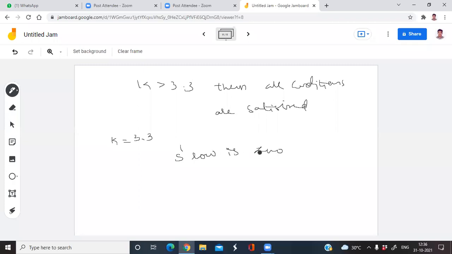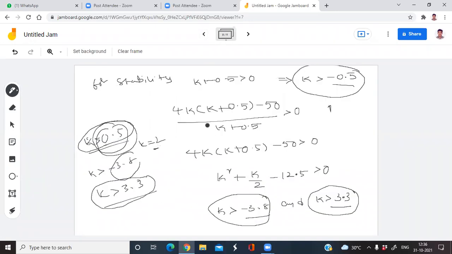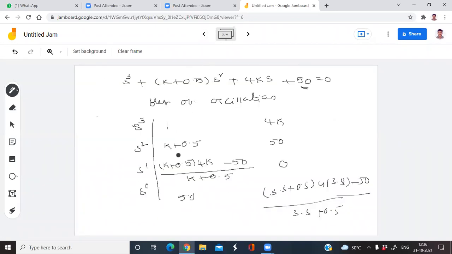Because here I want to find the auxiliary equation, because my question is the frequency of oscillation. So the s power 1 row is 0, so don't go for s power 2. For example, if you take k equal to minus 0.5, this is 0, okay, but this element is non-zero, right? We can write the auxiliary equation only whenever all the elements in that particular row are 0. This is 0, this is not 0 when you take k equal to minus 0.5.